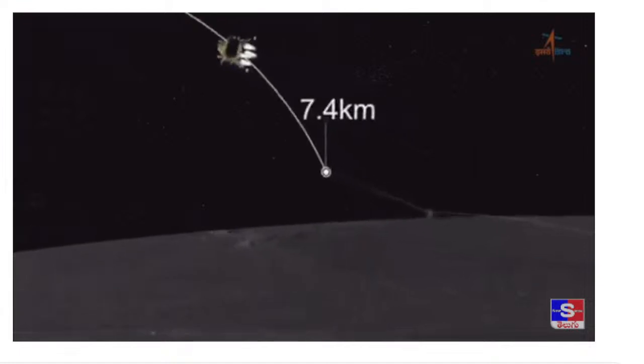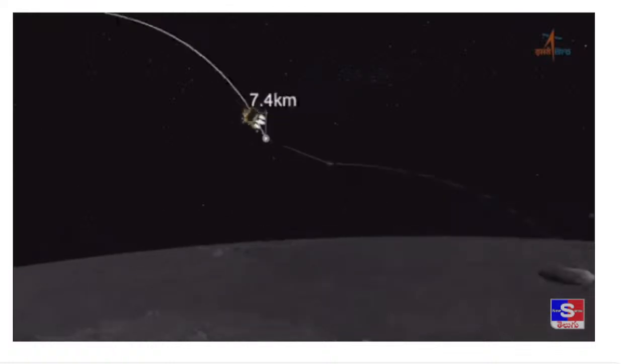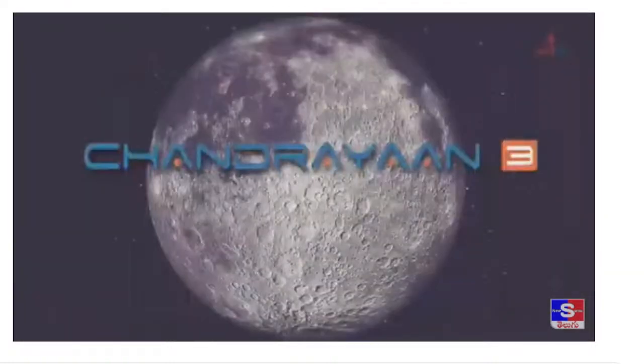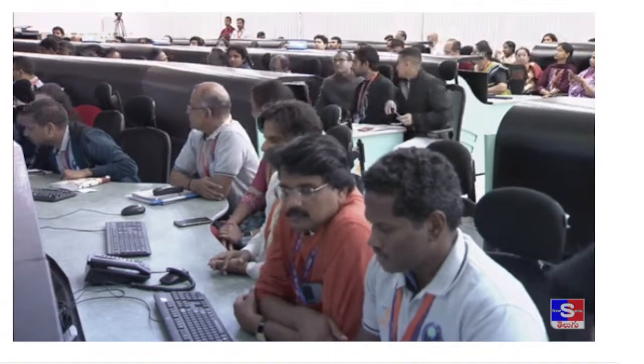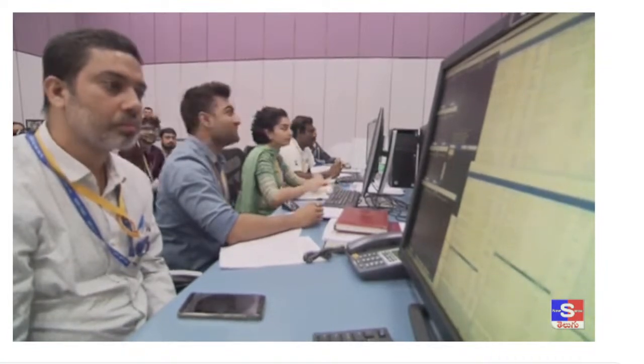During the rough braking phase, the lander velocity shall be brought down from 1,680 meters per second to 358 meters per second. The altitude will be brought down from 30 kilometers to 7.4 kilometers at the end of. Currently, we are